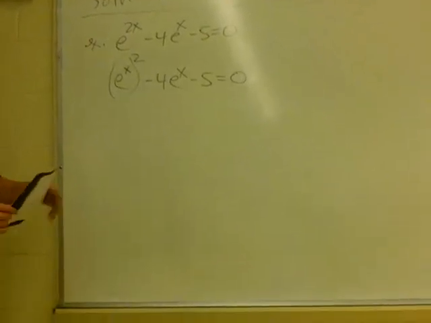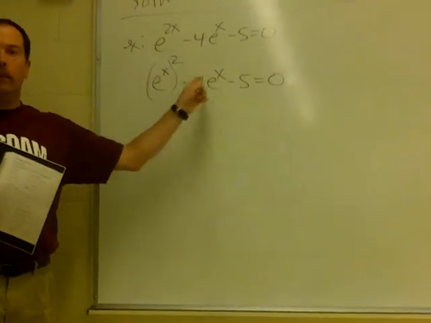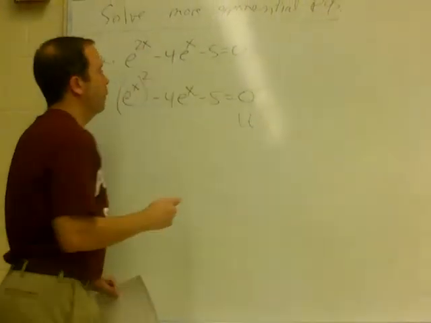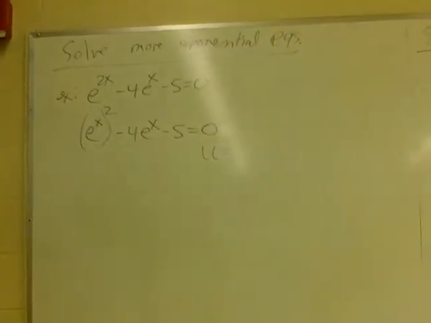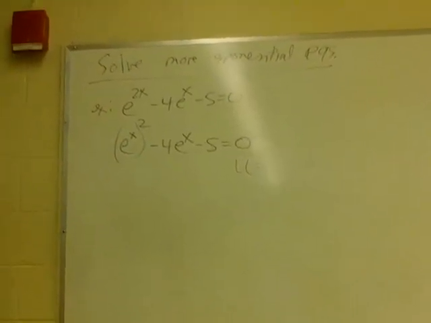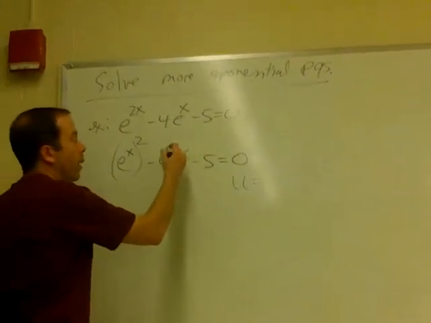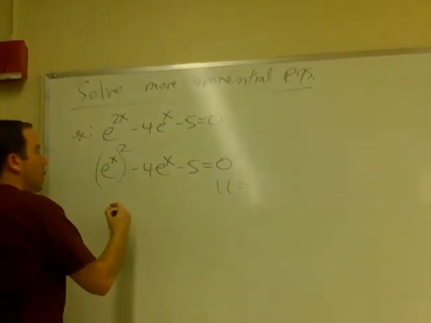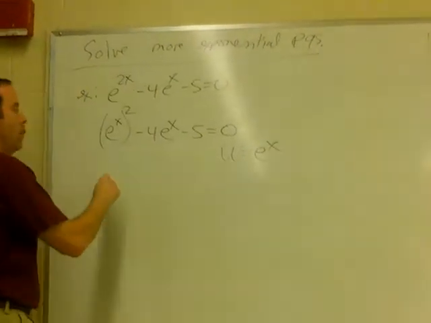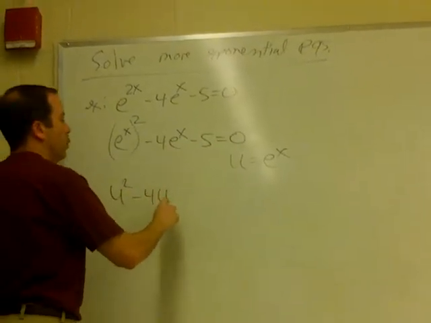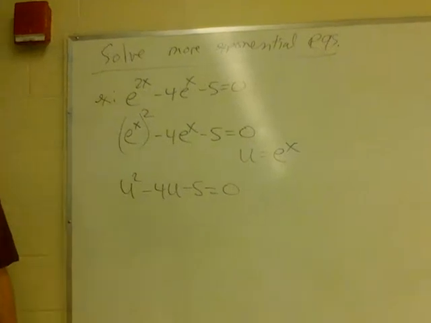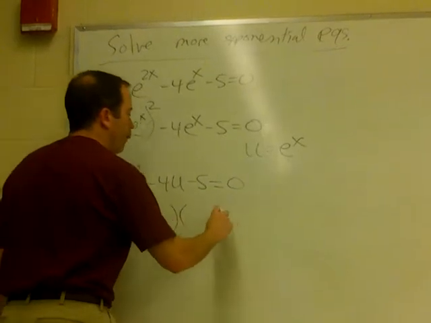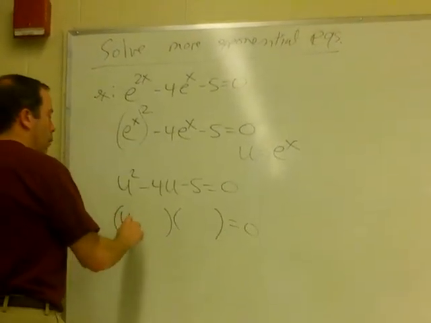Okay, so what sort of substitution will we use for this problem? We can use u again. u is going to equal e to the x, because that means this term will become u squared. So u equals e to the x, and we get u squared minus 4u minus 5 equals 0. Clever little substitution, isn't it? So simply factor away, and we get (u minus 5)